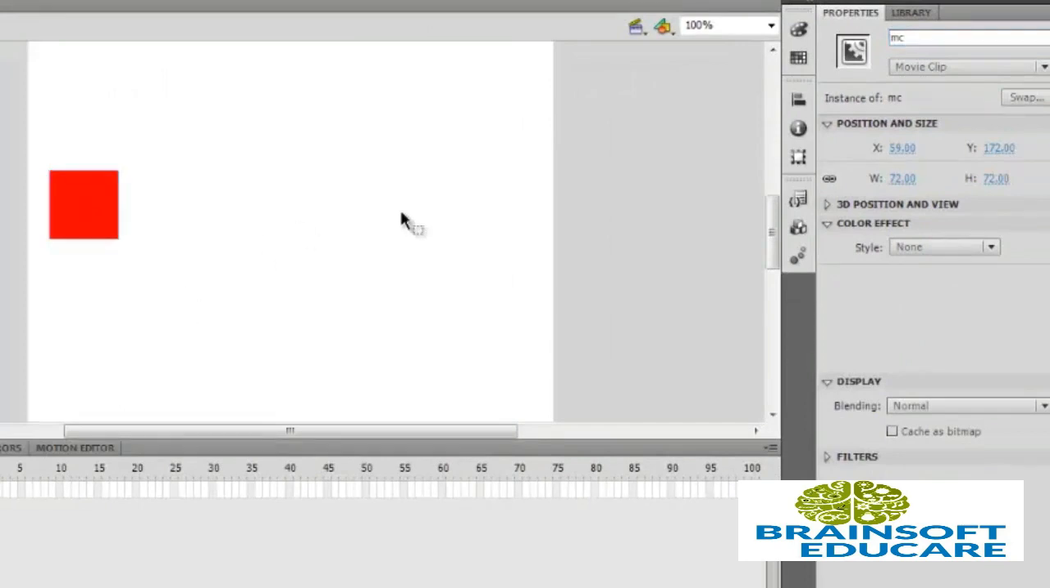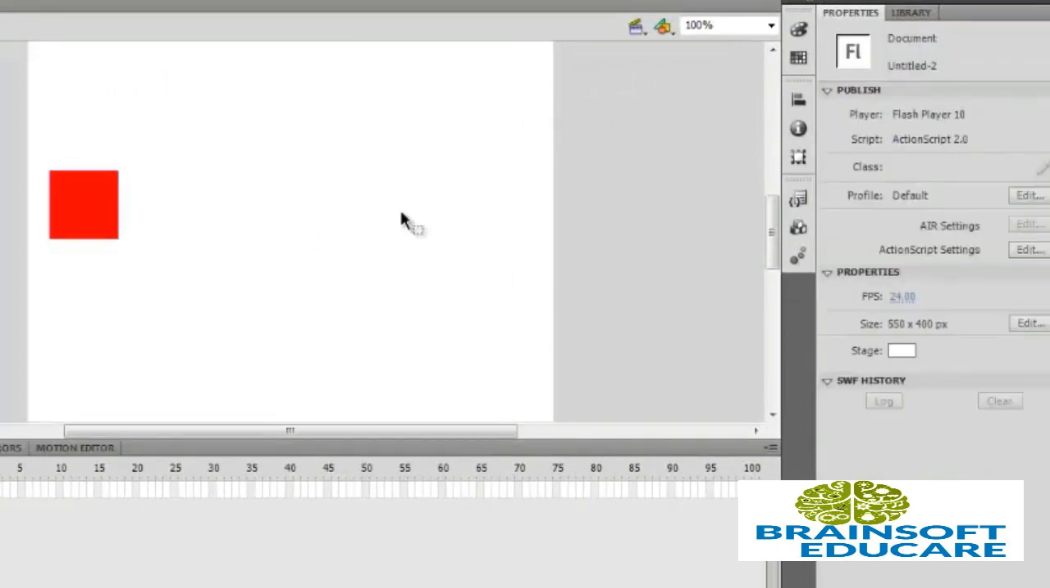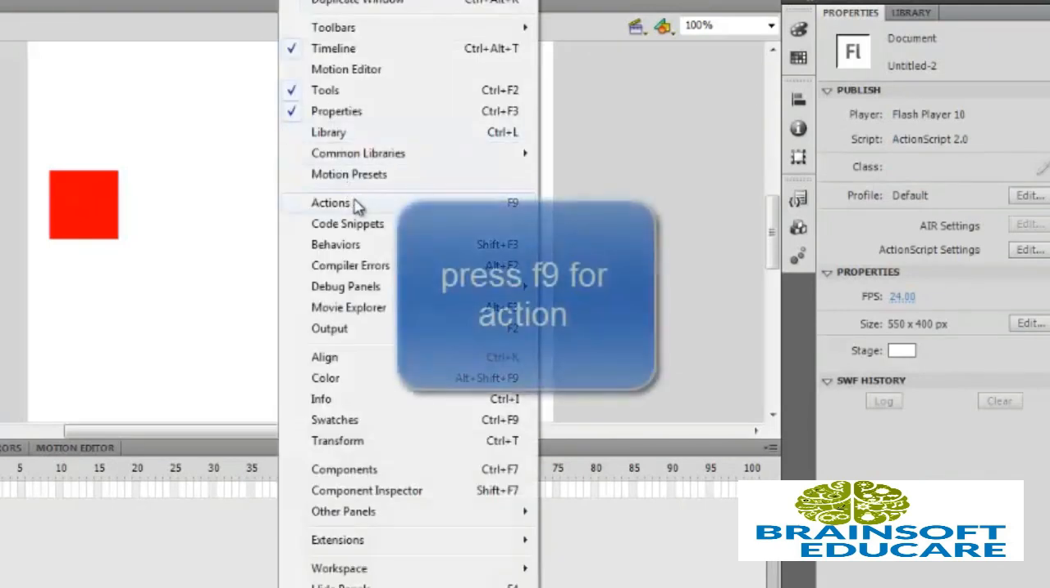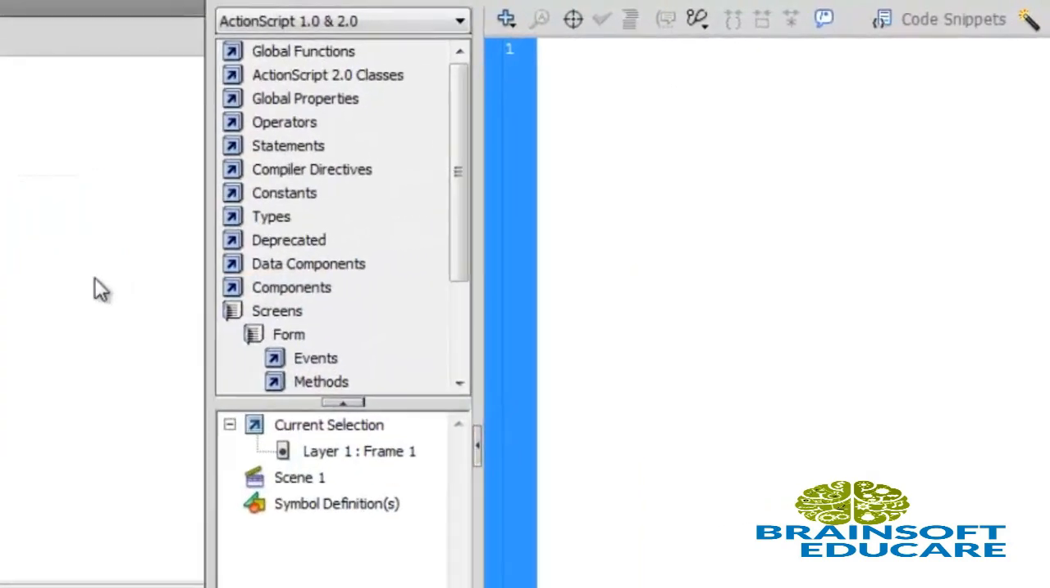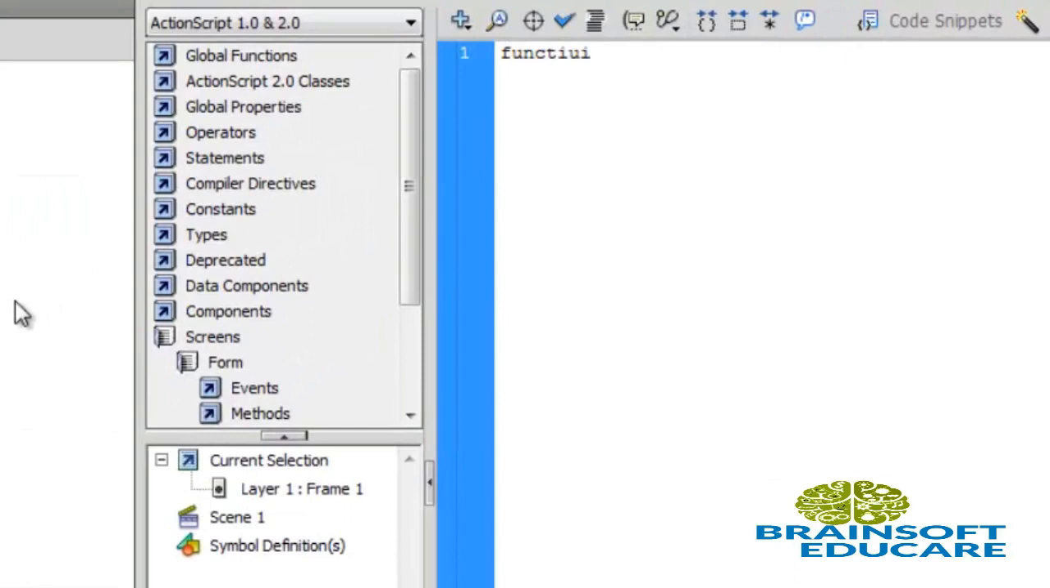Now click outside the rectangle and press F9 or go to window and select actions for ActionScript. Now let's write function first. Function, name of function fk or anything you can write. Okay, and our